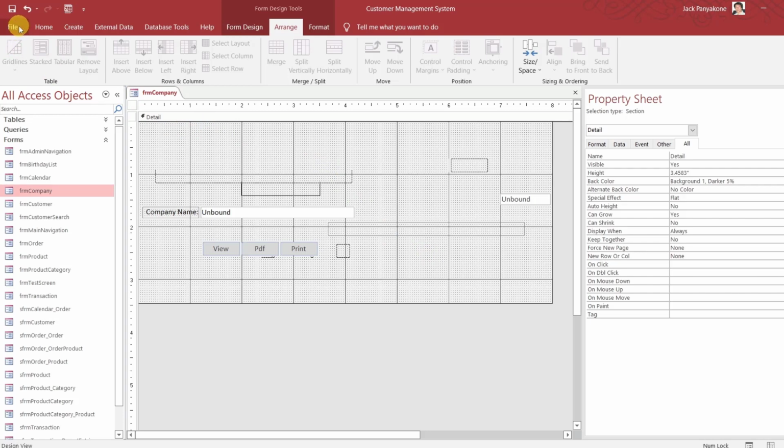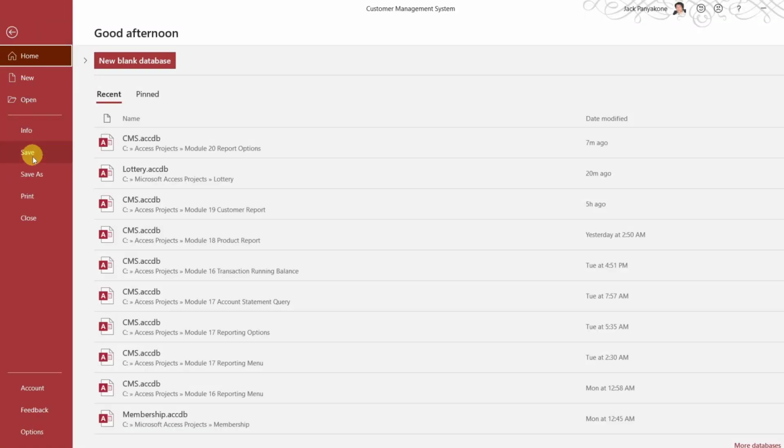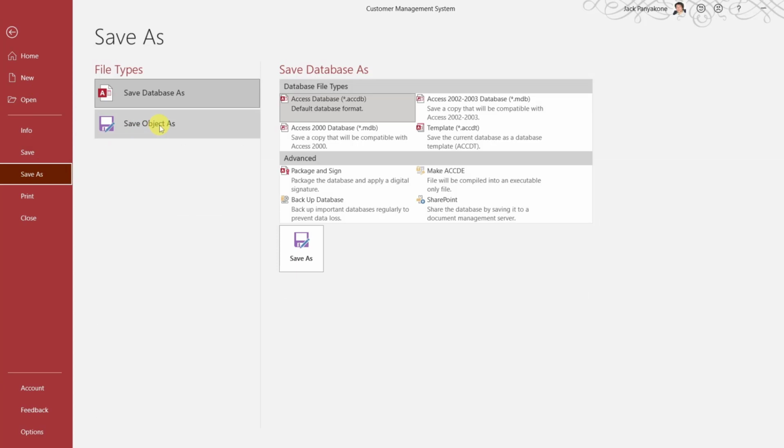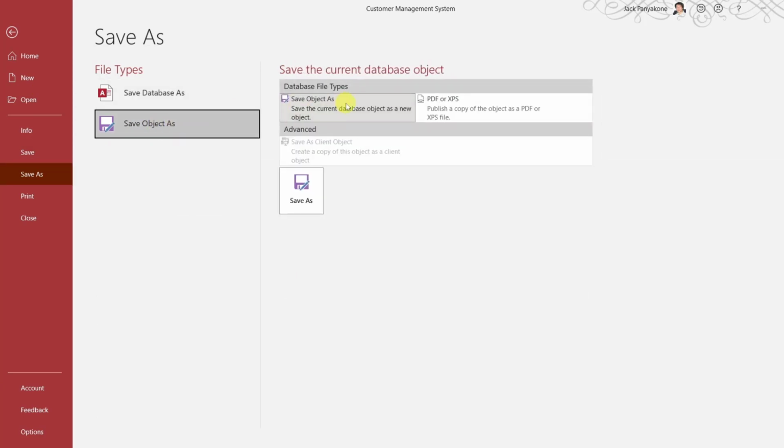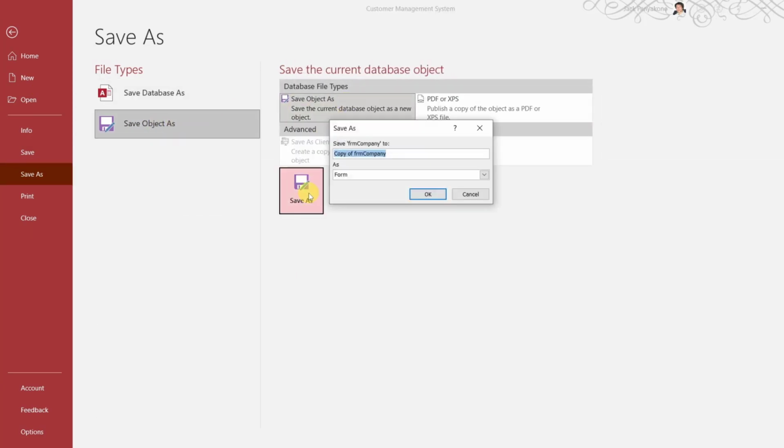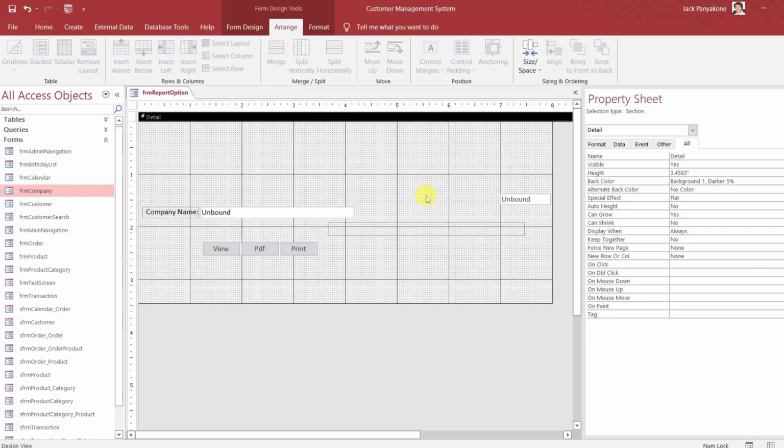Go right here. It says file right here. I'm going to show you how to do this. Save object. You see here? And then we're going to name it as save as. You see? And then we're just going to name it form report option. You thought you messed up, didn't you? All right. Now, if you open this company right here,